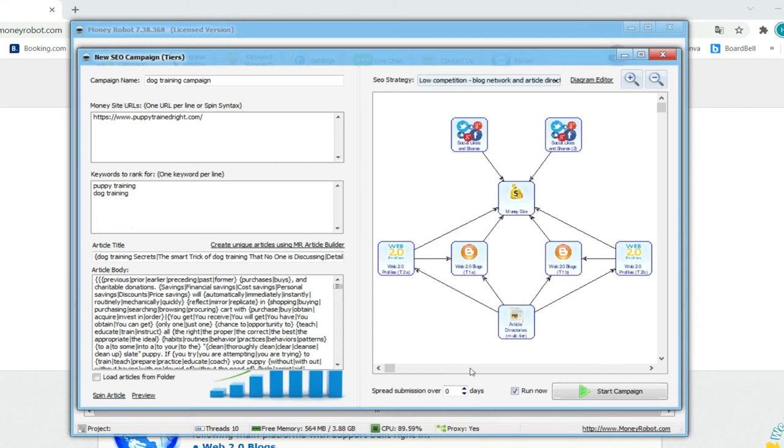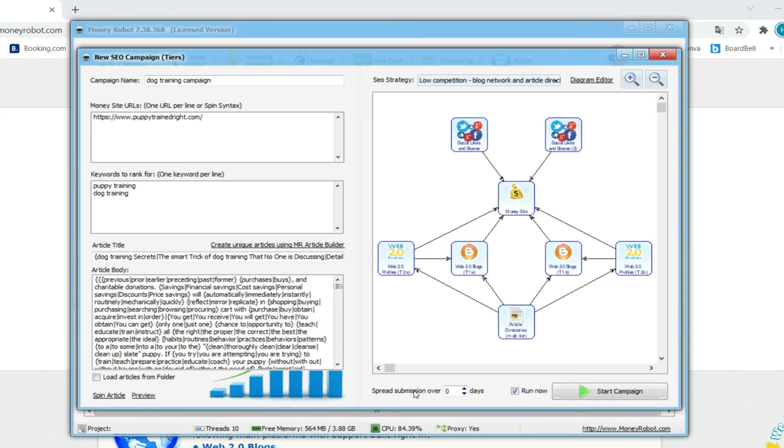And one more thing, as you can see here, there is an option. Whenever you are using a high competition strategy, it's better you keep the days of submission over 7 to 10 days, because Money Robot will automatically create hundreds and thousands of backlinks.